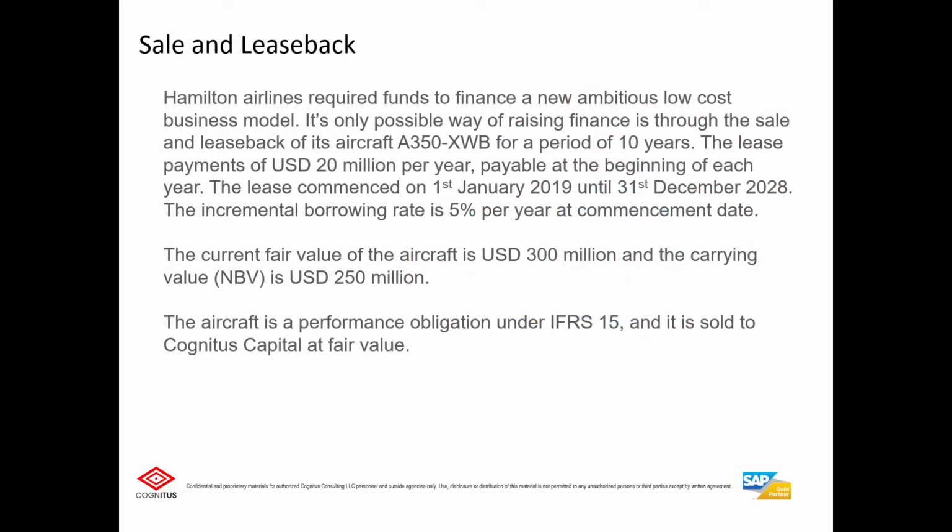Here we have a scenario whereby Hamilton Airlines requires funds to finance a new ambitious low-cost business model. The only possible way of raising finance is through the sales and leaseback of its aircraft A350-XWB for a period of 10 years. The lease payment is $20 million per year, payable at the beginning of each year. The lease commences on 1st January 2019 until 31st December 2028, with an incremental borrowing rate of 5% per year